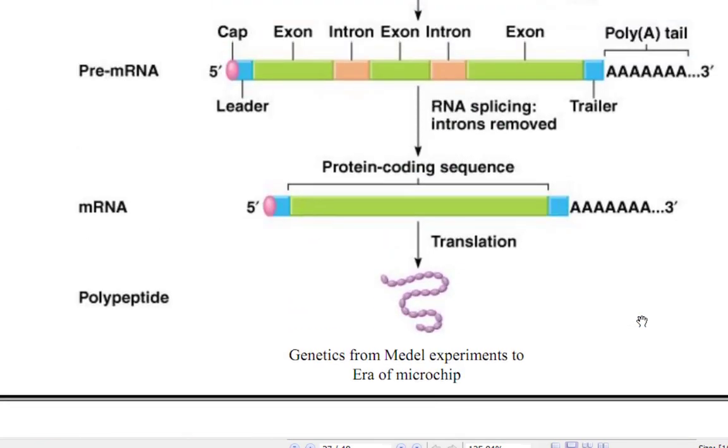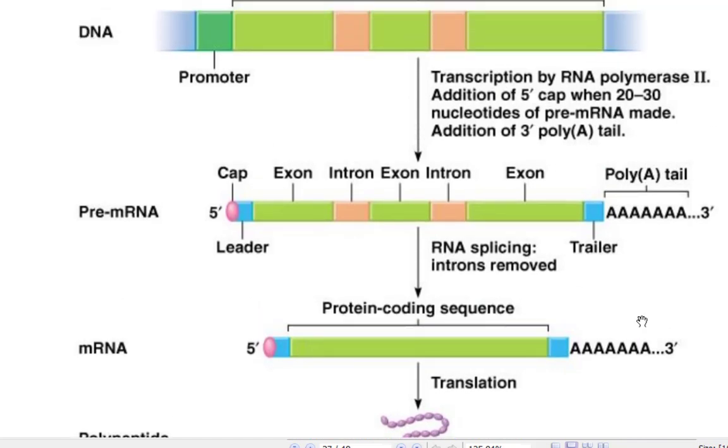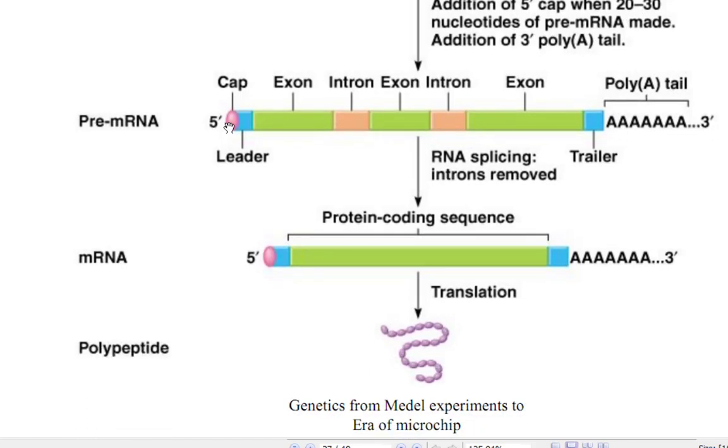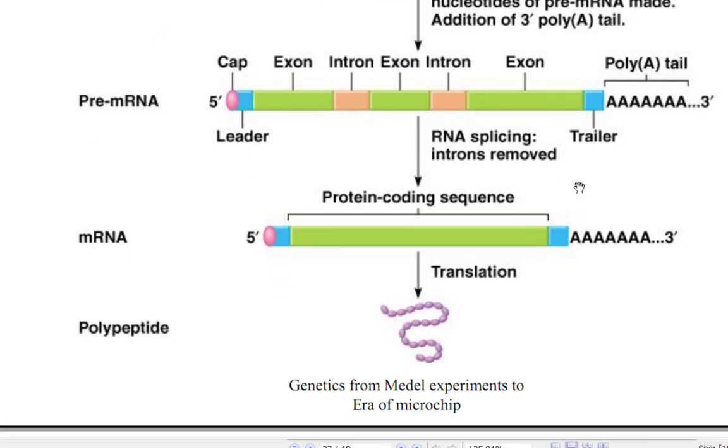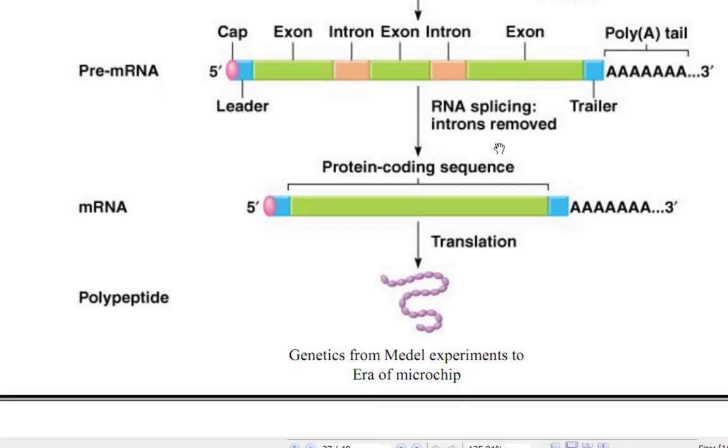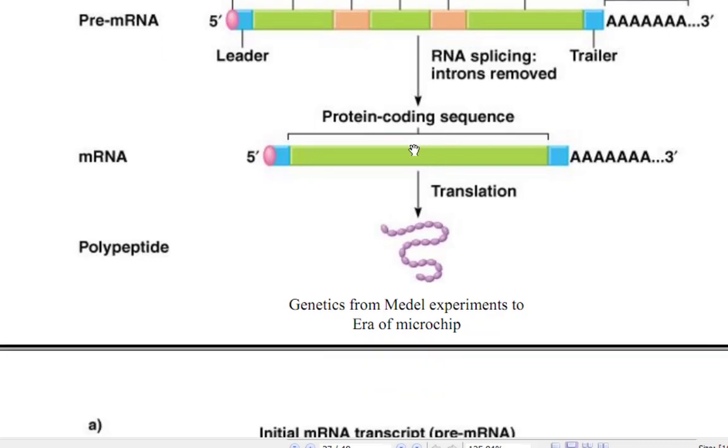Splicing occurs after transcription by RNA polymerase II, adding a 5' cap, with 20 to 30 nucleotides of pre-messenger RNA made. Here the cap, exon, intron, exon, intron, and the poly A tail, trailer. RNA splicing, intron removed, and the protein